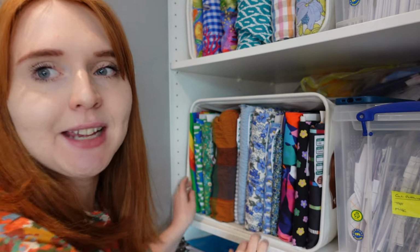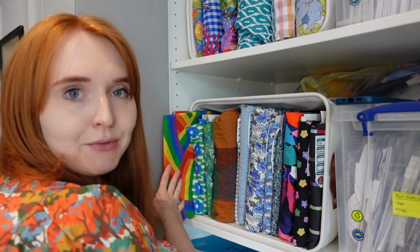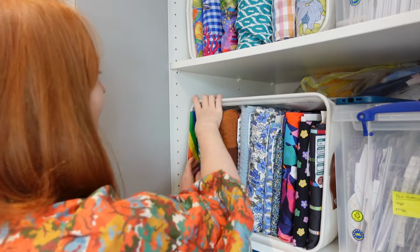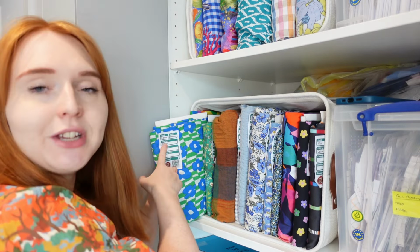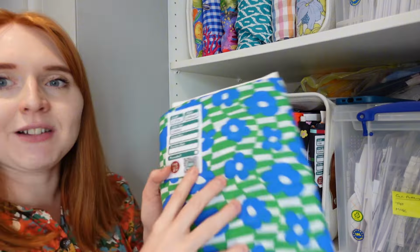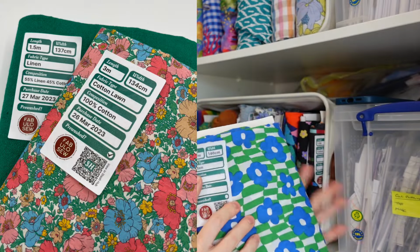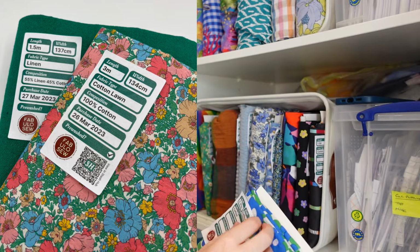So let's start here. I've got just rainbow fabric. I bought that originally for Project Dresser Girl, didn't get around to sewing it, but I think that's really fun. I've got some of this fabric. I think there's quite a decent amount, yeah, 2.37. So these are our Fabuloso labels that bring in your information from Stash Hub. This one's not a very good example actually because it doesn't have all the info on it, but these are